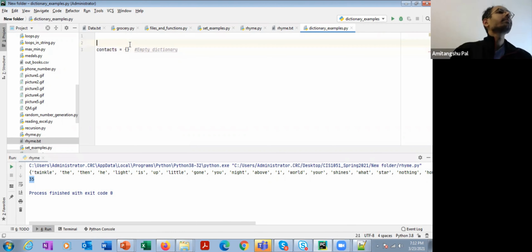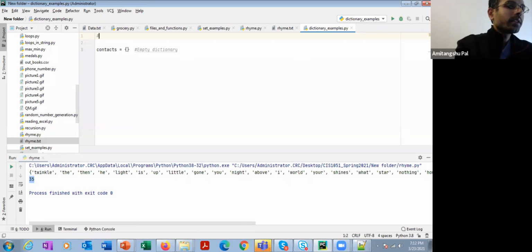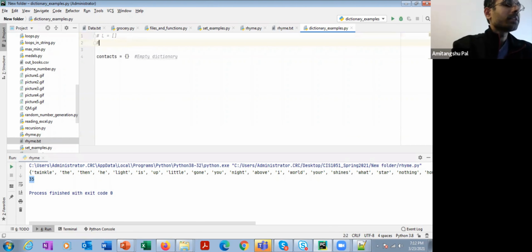Okay. So just to summarize other structures: if I want to define an empty list, I write L is equal to square brackets. If it is a tuple, then I write it in this way.